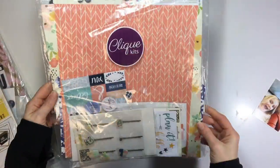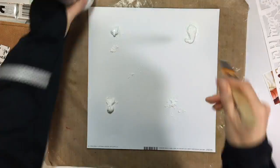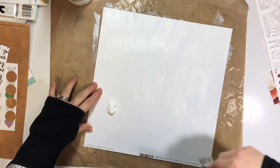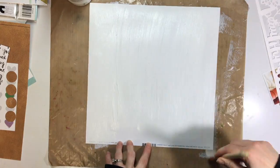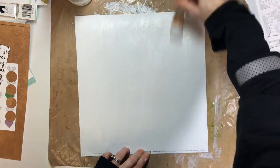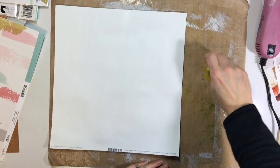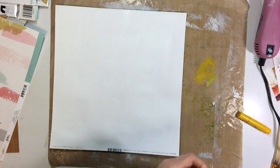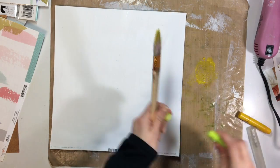So for today's page, I decided to go through a whole bunch of my old Clique Kits, which I keep in their packs for each kit, and I'm going to use up some of the stash. And what I do actually after a couple months is I take all these kits and I pull them all out and then put it all together back in one bag. So I put the papers together and all the embellishments together, and I kind of use it as one big kit. So I have gone through and pulled out the things I want to use to go with my photo,